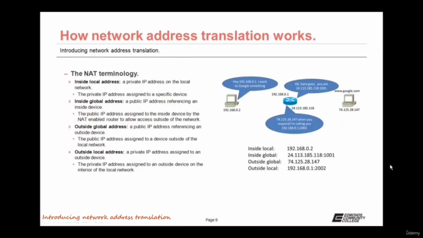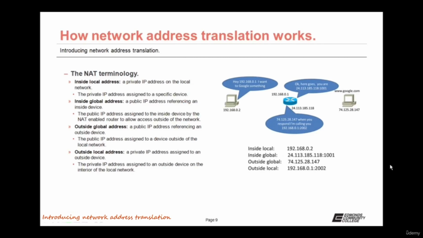Now let's talk about NAT terminology, specifically about the types of addresses. And we begin with the inside local address, which is a private IP address on the local network. It is the private IP address assigned to a specific device. Then there's the inside global address, a public address referencing an inside device. The inside global address is the public IP address assigned to the inside device by the NAT-enabled router, allowing access